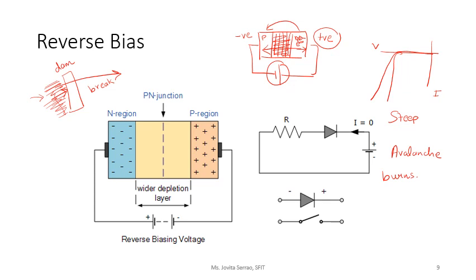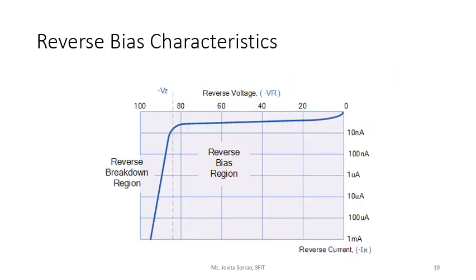So for reverse bias, normally we say that my switch is open. So this is a common question that is asked, can I use diode as a switch? So yes, you can definitely use diode as a switch. In forward bias, it acts as a closed switch. And when it is in reverse bias, my diode acts as an open switch. Diode is a device that is going to allow current to flow in only one direction. So this is the graph that you get for reverse bias.